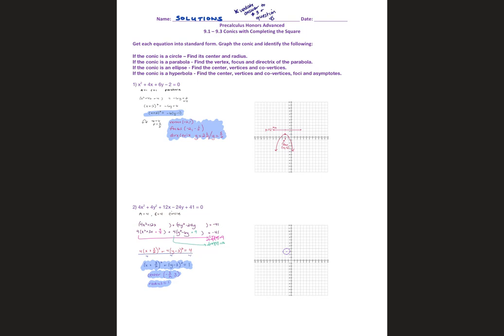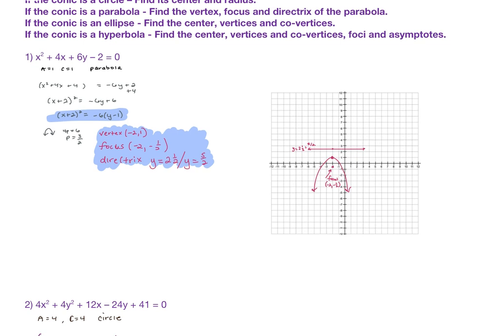The first 2 pages where you're completely square. Remember, you're getting 2 of these 4. So they're going to say, and it's not going to say like, put it into standard form. It might say put it into standard form, but then it's going to ask for all the parts. For the parabola, it's going to ask for the vertex, the focus, and the directrix, which has